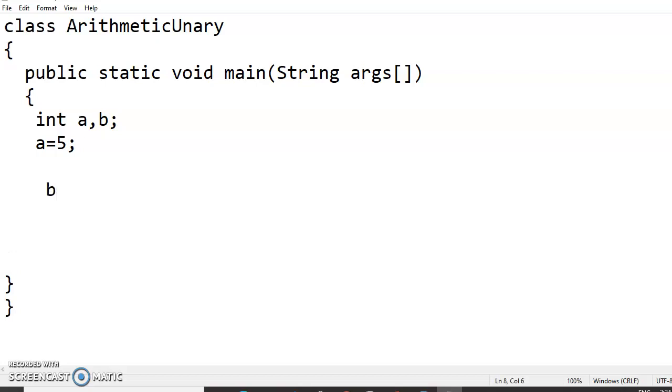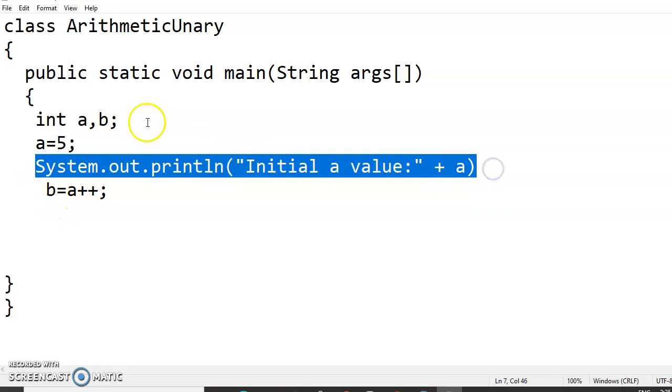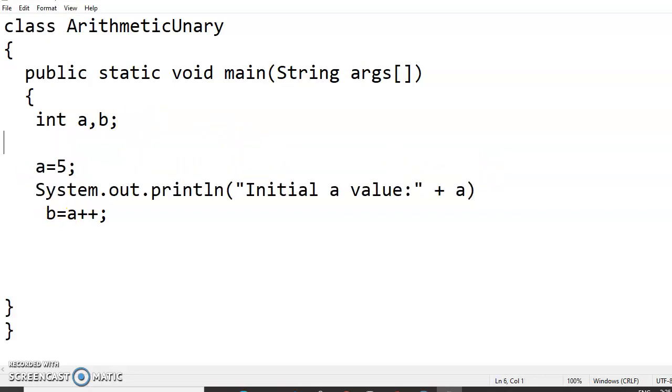What am I doing first? b is equal to a plus plus. First we will print the initial a value. After that, a plus plus is applied and then assigned to b. Now we will see what the a value and the b value are.